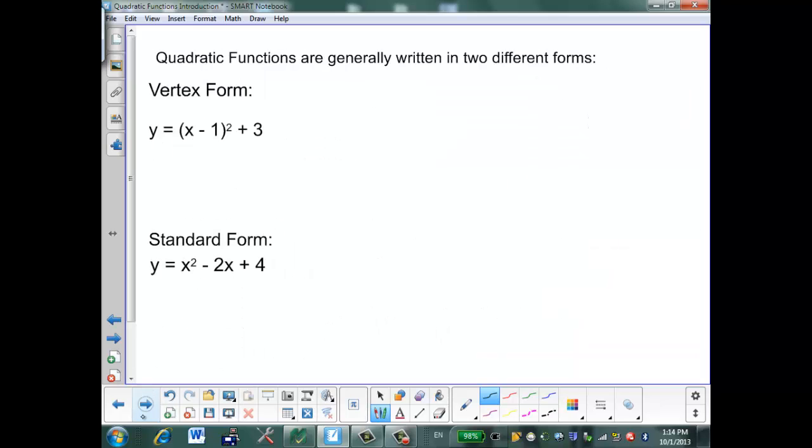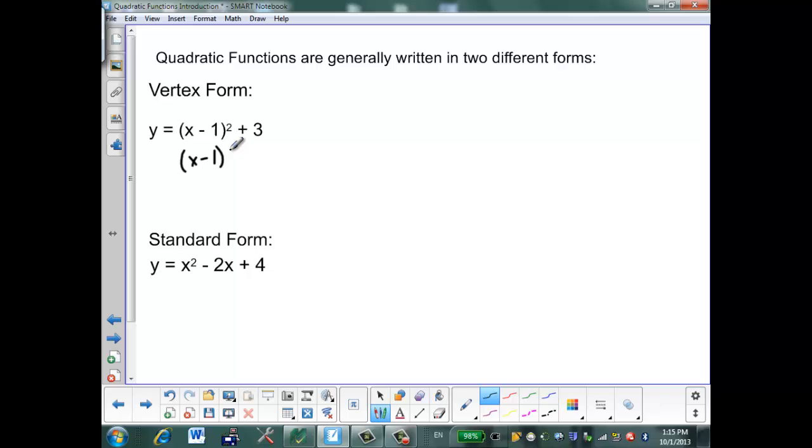The last thing we're going to look at is how to change a quadratic function. Now you have two different forms that we write quadratic functions in. One is vertex form, and we call it vertex form because we can identify the vertex from the equation. The other one is standard form, and this form has no brackets and is generally more useful for substituting into a graphing calculator. If I want to go from vertex form to standard form, I can just do some math